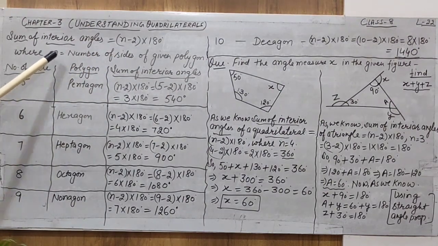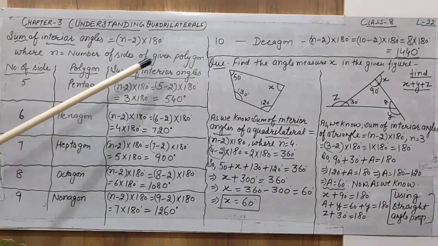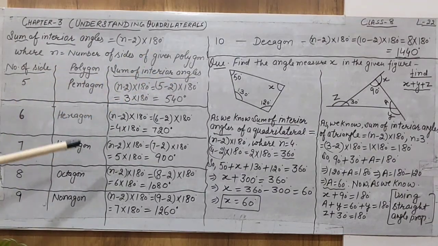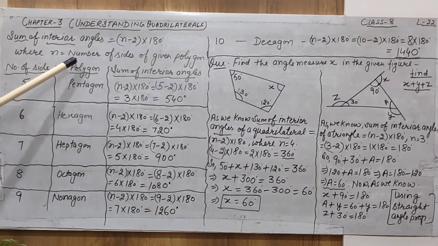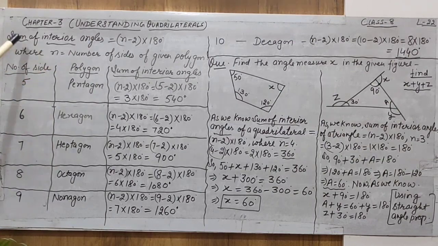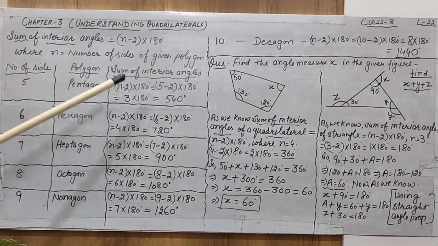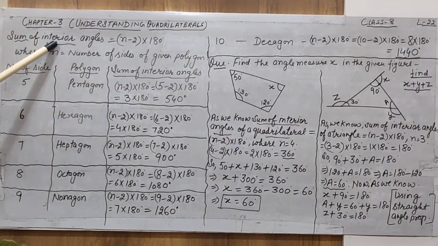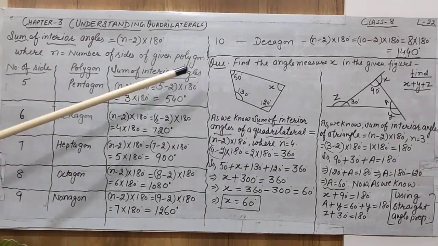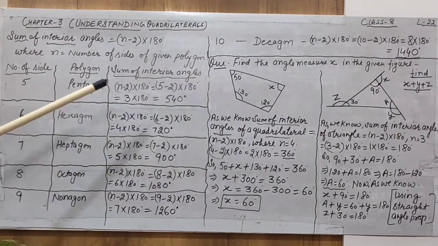For the triangle, we have already calculated the sum of interior angles using the same formula, and for the quadrilateral, in which the number of sides is 4, we have also already calculated the sum of interior angles. Now we continue with the same property and the same formula. We have to find the sum of interior angles for other polygons because they are required to solve the questions of the exercise first.